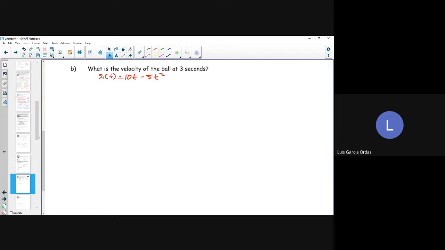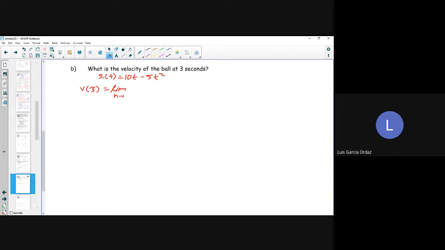So what would be our a value in the limit in this case? What would our a value be? Remember, it's the value at which you're trying to find the change. Thank you, Ian. It's going to be 3. So I need to find the velocity at 3 seconds, which is going to be finding the limit